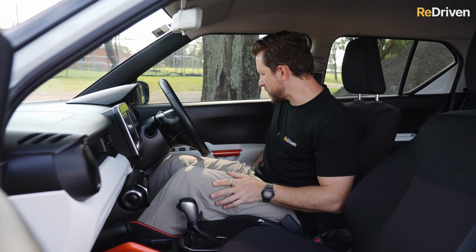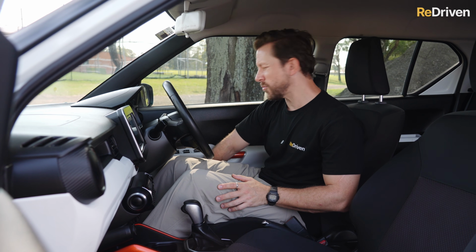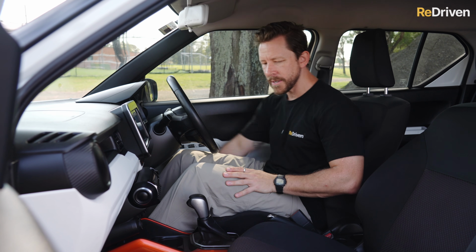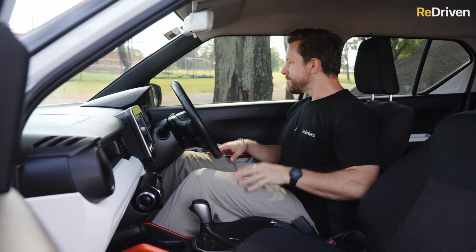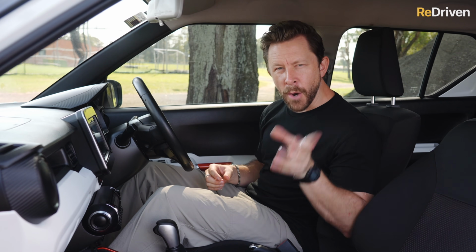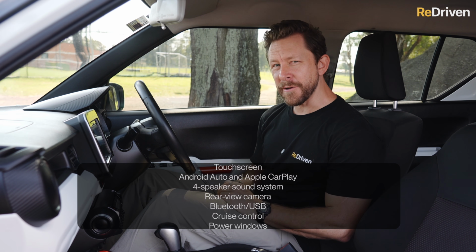It does have door bins, but they're not the biggest. You can fit I think like a 1 litre bottle here, but it's all quite scratchy again, so it's going to rattle around a bit. Nothing really under the seats. No sunglasses holder there. So it's okay. However, even though it is a budget-conscious little car, Suzuki certainly haven't held back when it comes